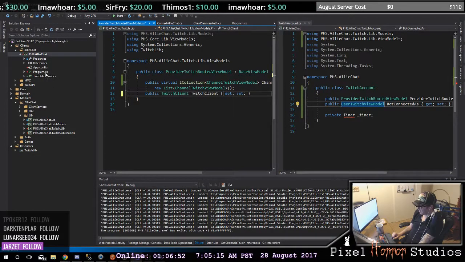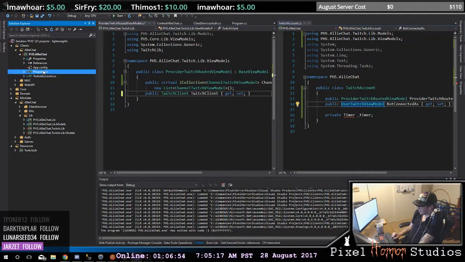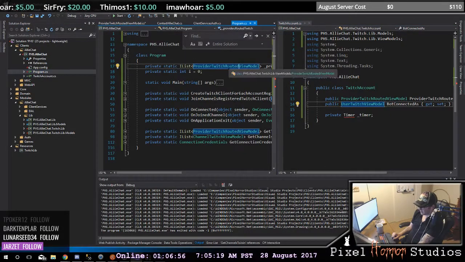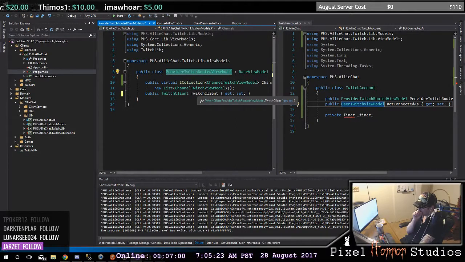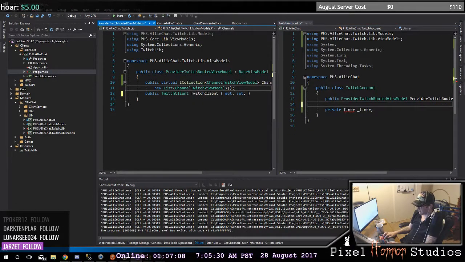But each client, if I look back here at my program, so each client here, Twitch routed view model, would have one of these, what it is connected as,